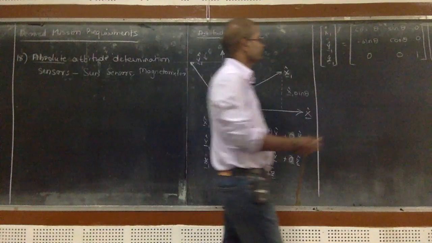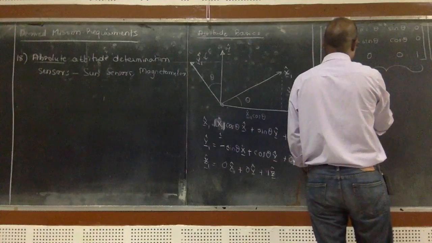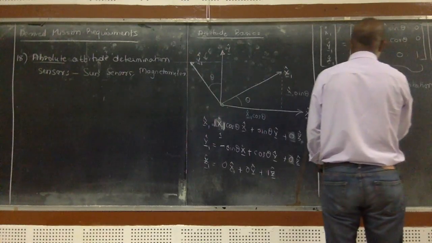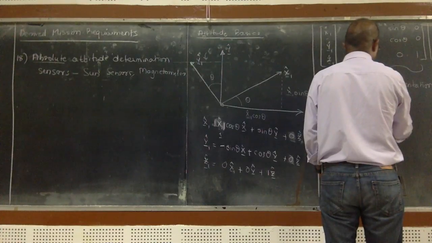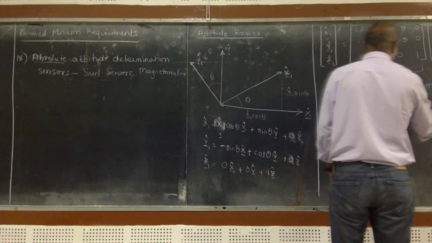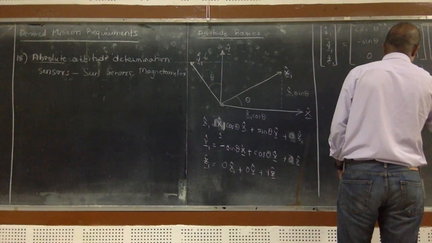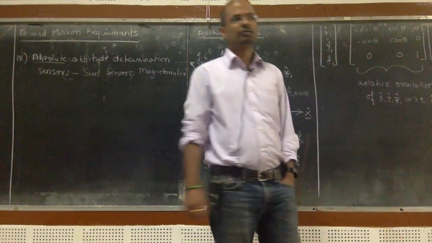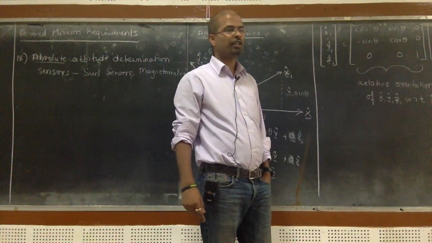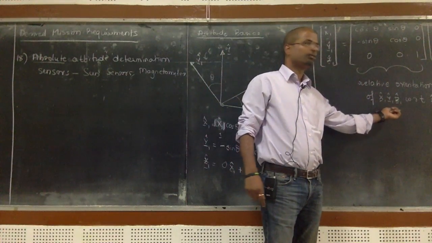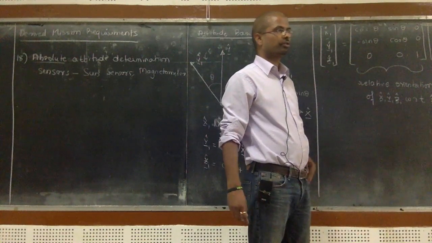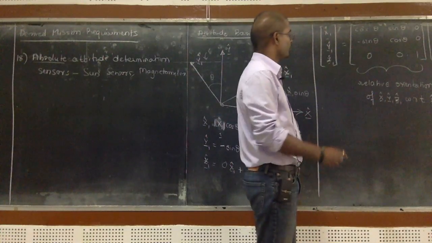Okay. This is the relative orientation of x1, y1, z1 with respect to x, y, z. This matrix is the relative orientation of x1, y1, z1 with respect to x, y, z. So, about what axis was this rotated? The z axis, right? So if you rotate it about the x axis,